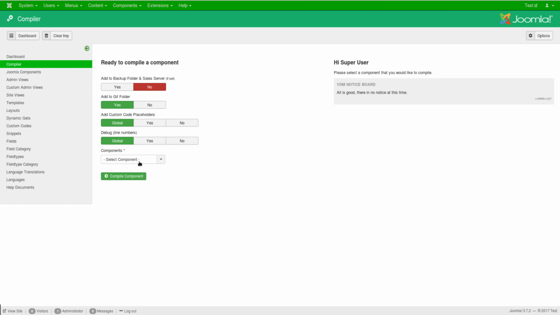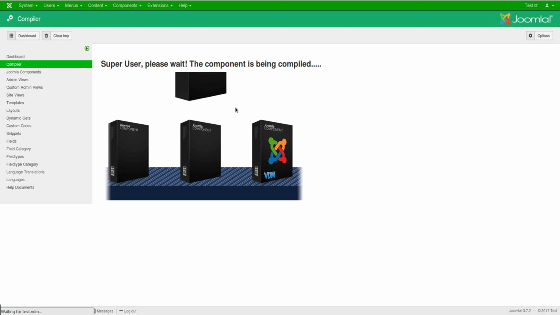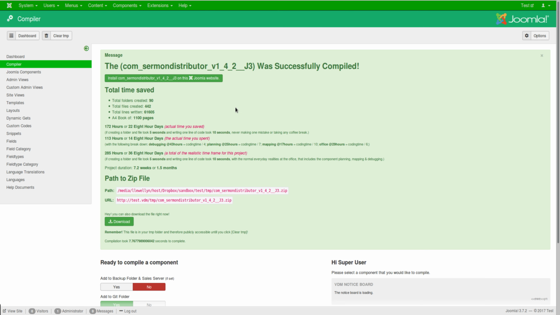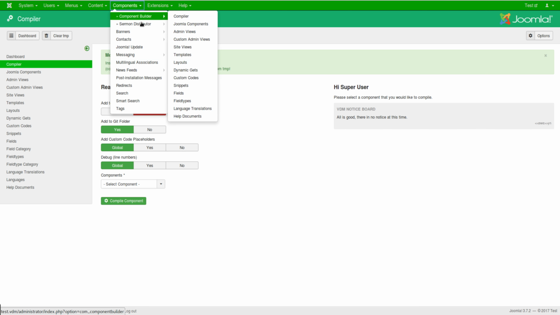So now here we are. We're going to again compile this component. You see its version is still 4.1 or 1.4.1. So we're compiling it. Now what the system is doing is it's checking the history, and it's making a lot of calculations to dynamically realize that there's been a new table, increment the version number, and if I now install this component and I go and open that component,